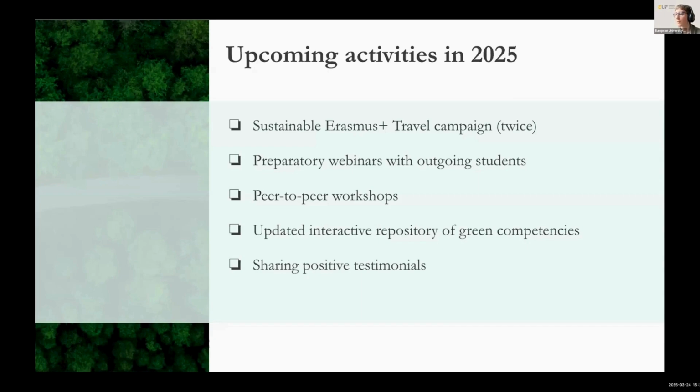So also sharing more positive testimonials about green travel in the Erasmus Generation portal. So a lot of activities in relation to this campaign. But I also wanted to highlight here that we are going to launch an updated version of this interactive repository